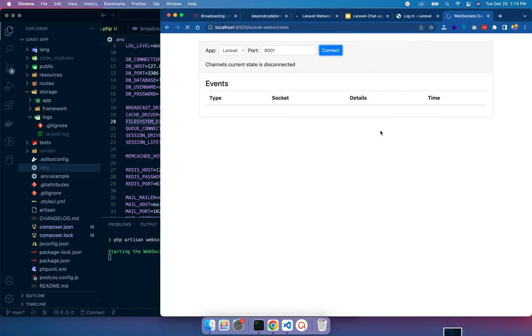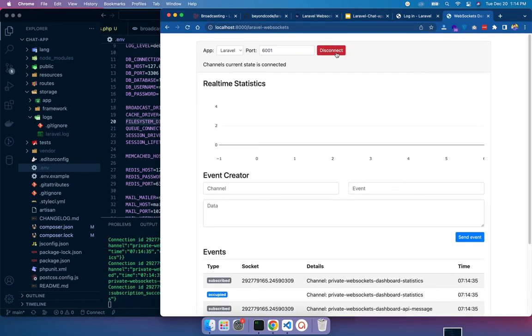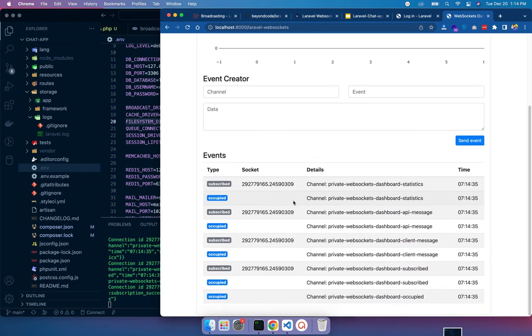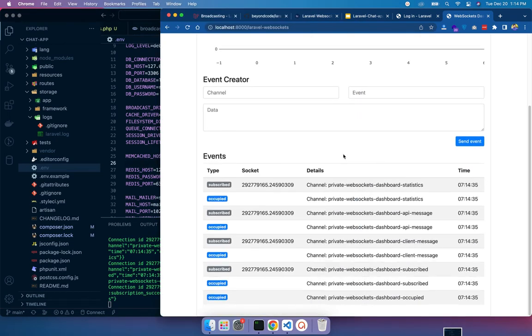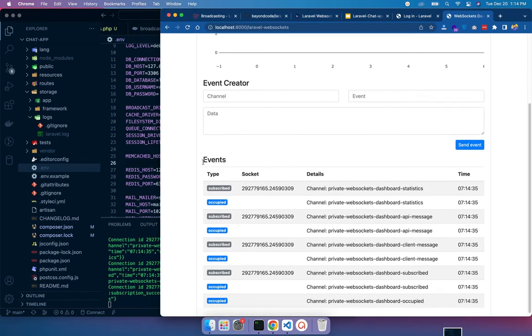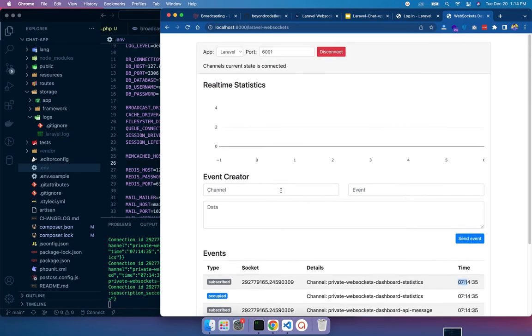Okay, and then just reload this, and now let's click connect. Okay, perfect. Now it's connected perfectly. And one thing, look, our events are here, and also the channel is here, and at what time that event is broadcasted, that's everything.